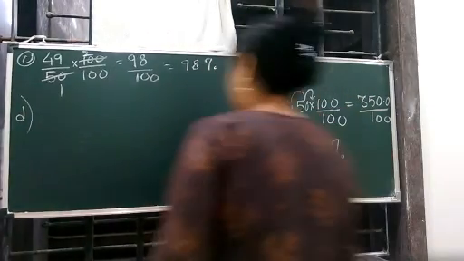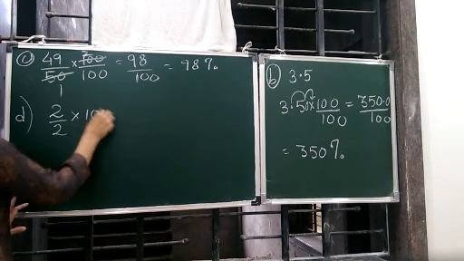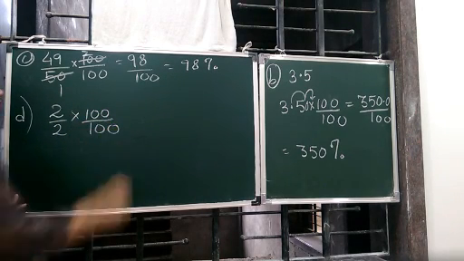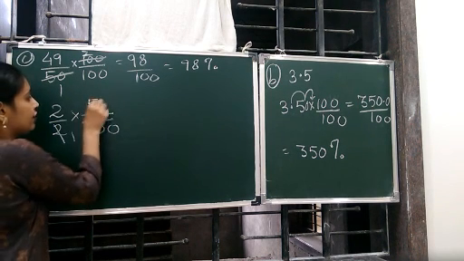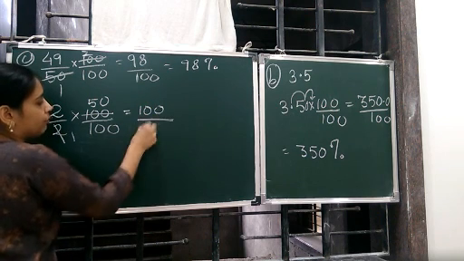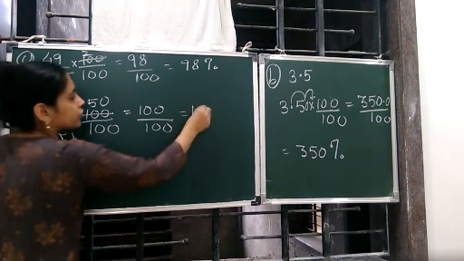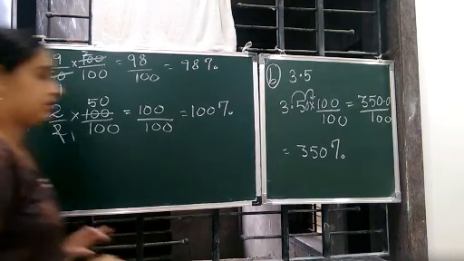D is 2 by 2. So for 2 by 2, either you multiply by 100% or by 100 upon 100. 2 ones are 2, 2 fifties are 100. 2 into 50 gives you 100 upon 100, which gives you 100%. Then E,